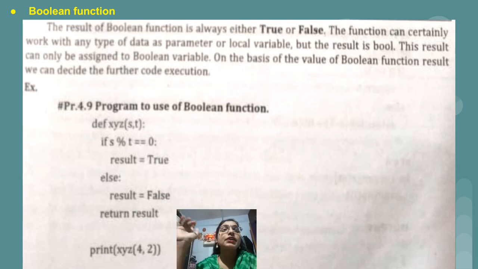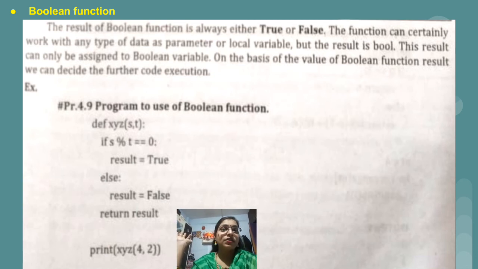Then we check if s modulus t equals 0, means if s is completely divisible by t, then we store the value true inside the result variable. And if this condition is false, then we have the else part, in which we add result equal to false. And then at the end, outside of the if else statement, we have written result.